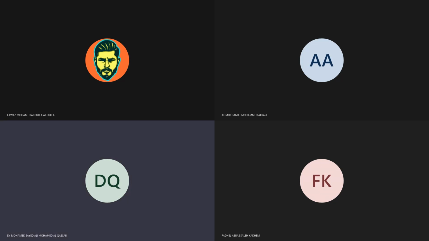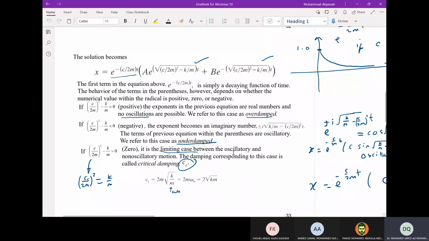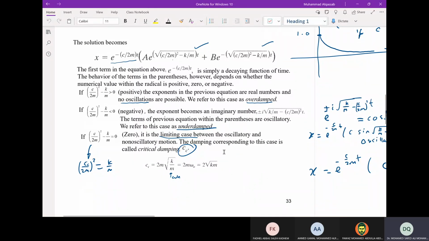Okay, so we talked about the roots, and according to the radical value, if it is positive, this is overdamped. If the radical value is negative, it is underdamped. And if it is equal to 0, it is critically damped. For overdamped, there will be no oscillations, and for underdamped, there will be oscillations. And critically damped is the transition between the